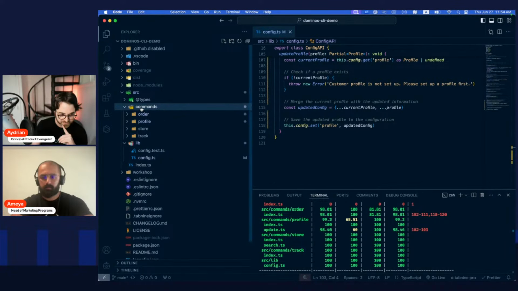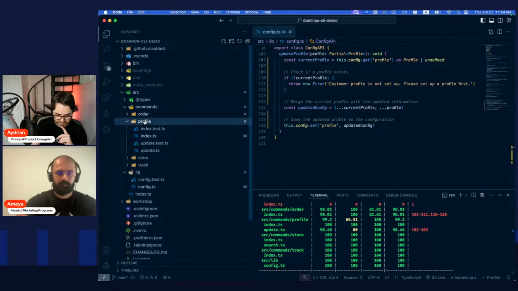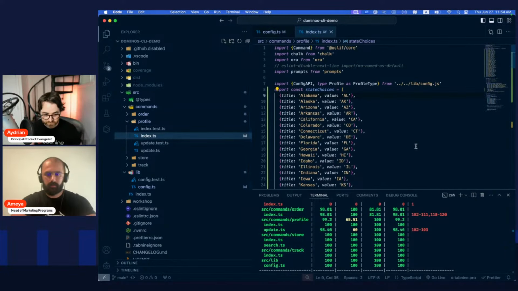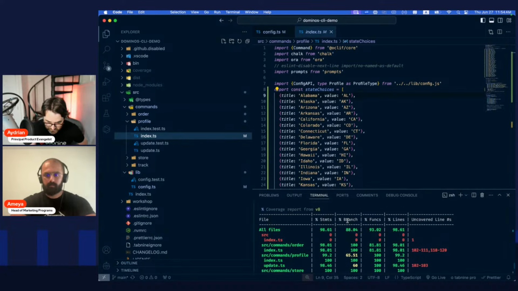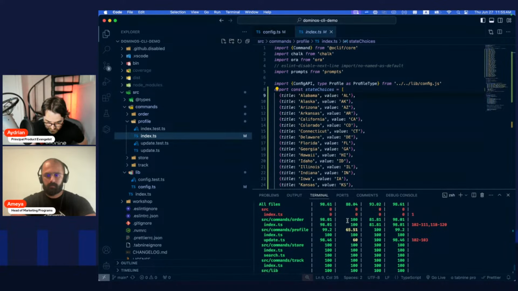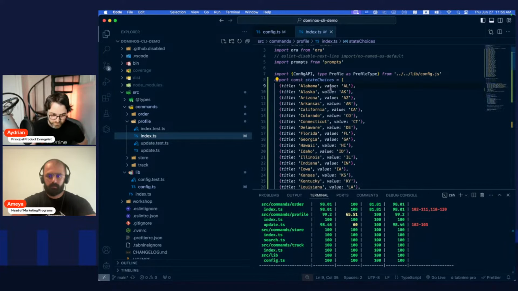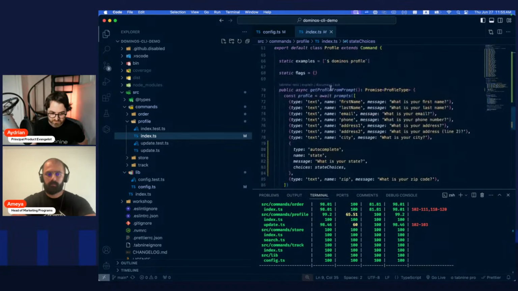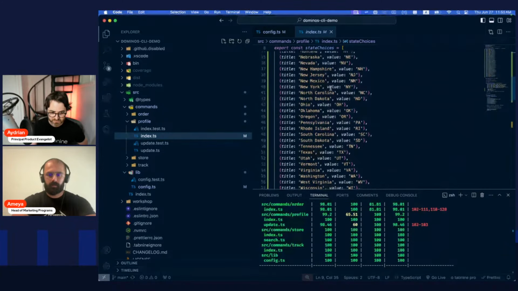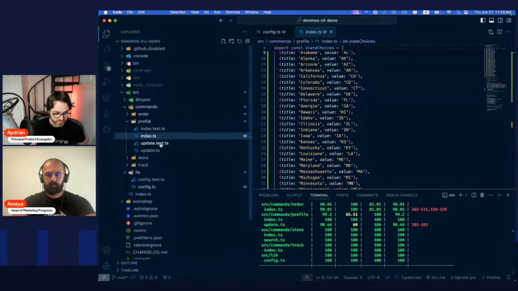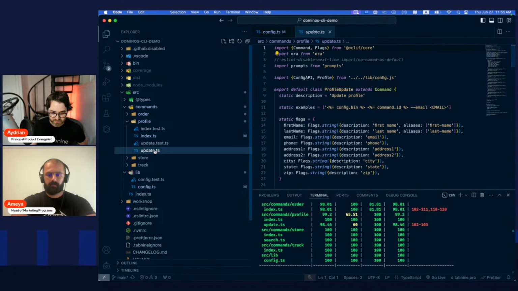Inside source, inside commands, inside profile, and it is in the update. Oh, I'm on the wrong one, sorry. Update. All right.